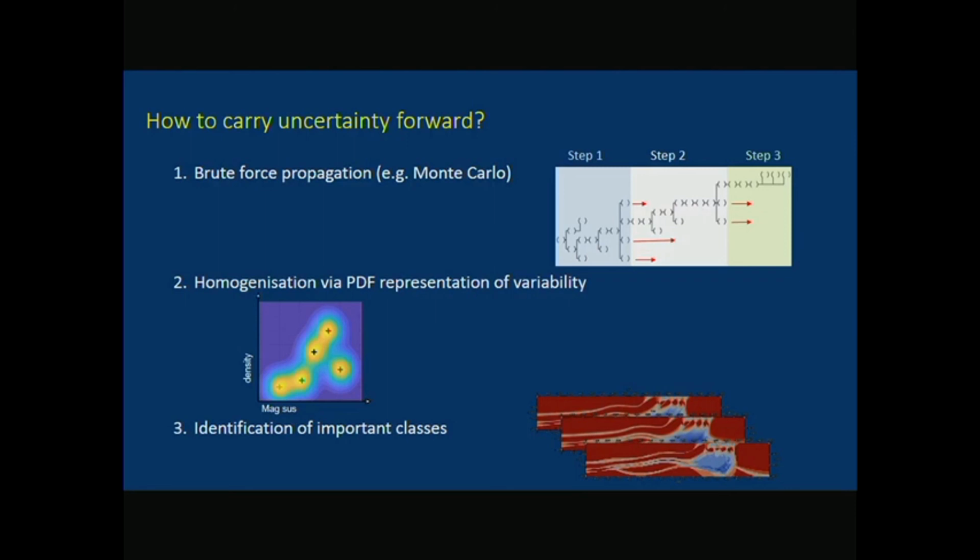But what that leaves out is this idea that there may be fundamental classes of behavior that we want to retain, because in the end, one of the things we build our 3D models for is to produce hypotheses. And if we can produce a class of 4 or 5 different geological models as n-member hypotheses, it then becomes much easier to understand how to test the hypotheses. Because then you say, well, if I drill here, I should expect to see this. Whereas if you take a single model or a single fuzzy set of uncertainties, it's much harder to extract what that key test will be for the model.